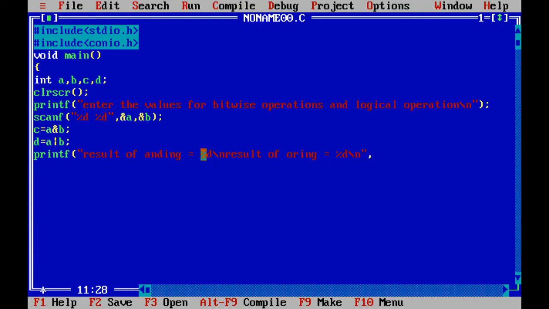For the first integer value that will be printed here, since the result is in c, I have to place variable c over here, comma, since the second integer value, that is the result of ORing, is present in d, I'll have to write d here. Then I'll complete this with a semicolon, and then we move on. Now we want the bitwise operations, that is left shift and right shift. So I'll write another printf statement.